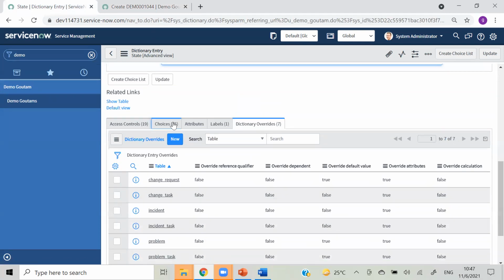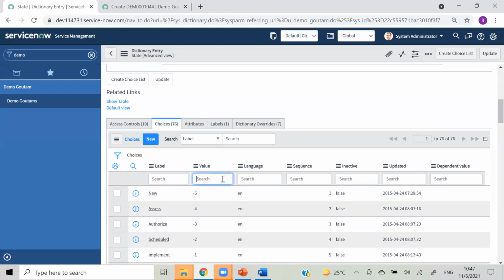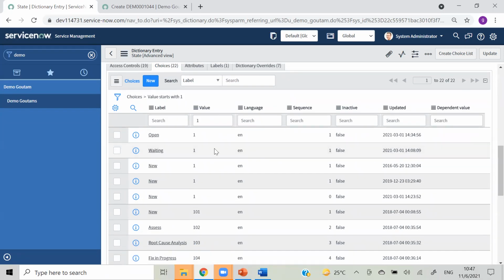So let's go to choices and then enter value 1 here, and you can see it is open. But you can see these are different. Then why are those differences?